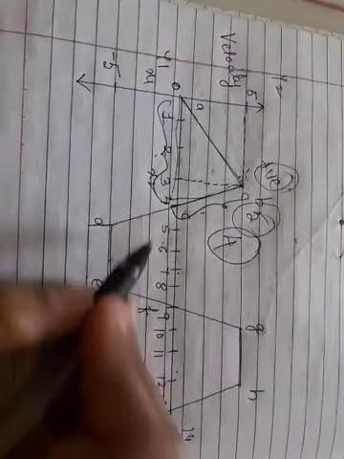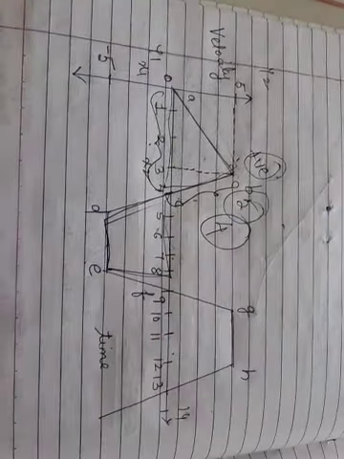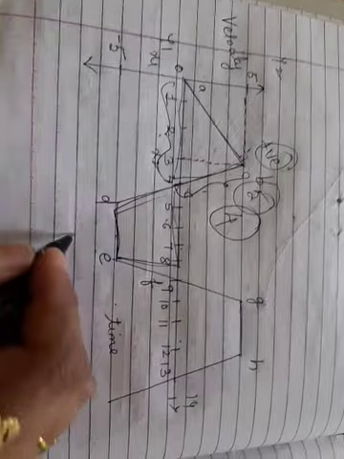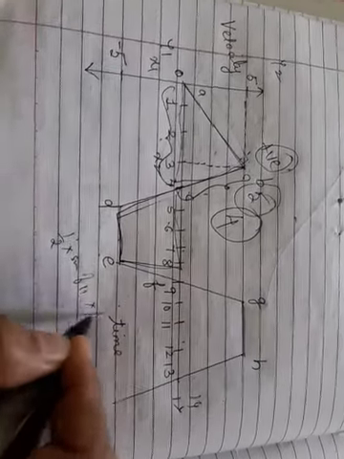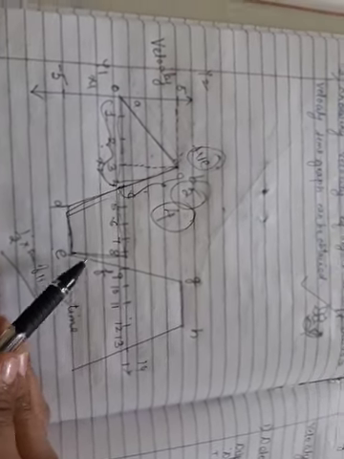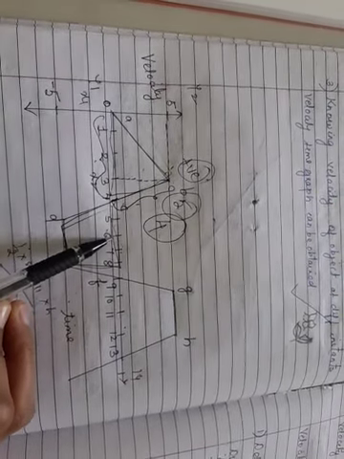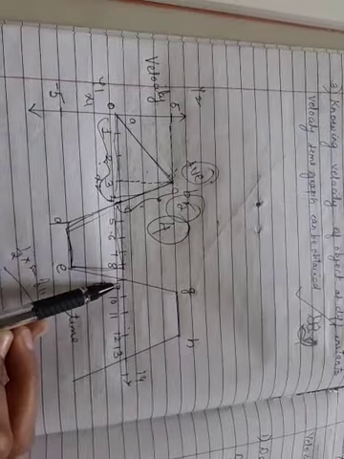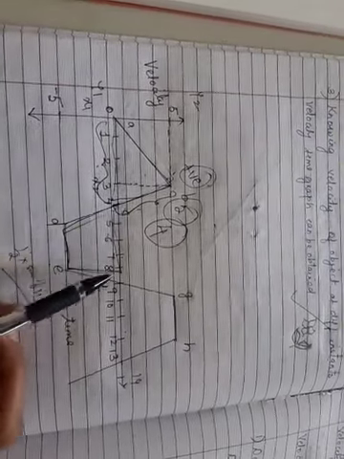Now here this is a trapezium CDEF. What is the formula for a trapezium? Half into sum of parallel sides into height. Now what are the parallel sides over here? You can see one parallel side, it will be 1 2 3 4 5. Are you understanding? 1 2 3 4 5.